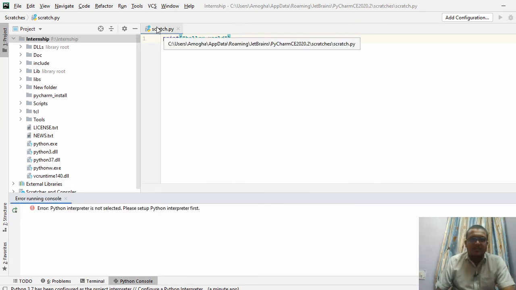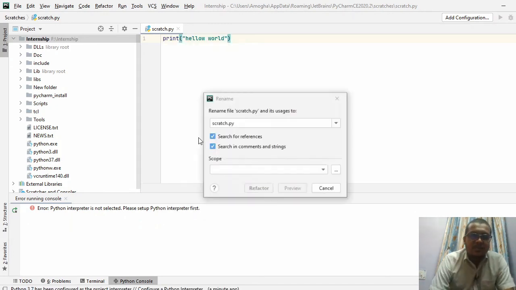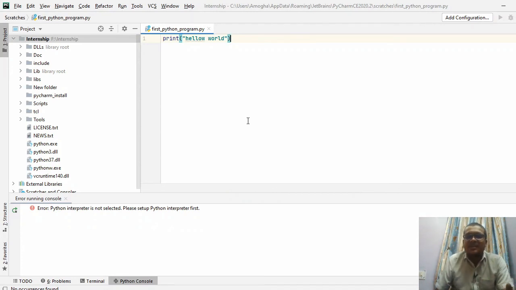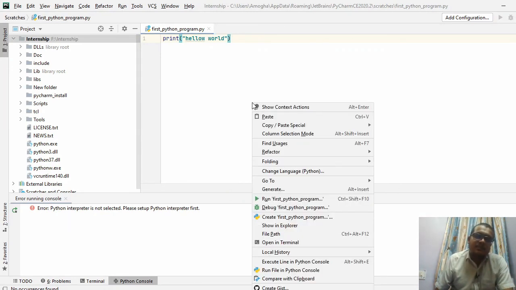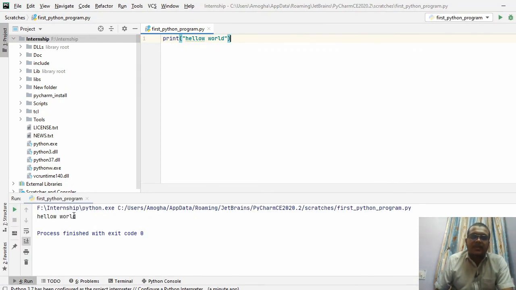Now you can rename your file as first Python program, with the extension .py, which stands for Python program. Right click on it and press run. You can see Hello World has been displayed.